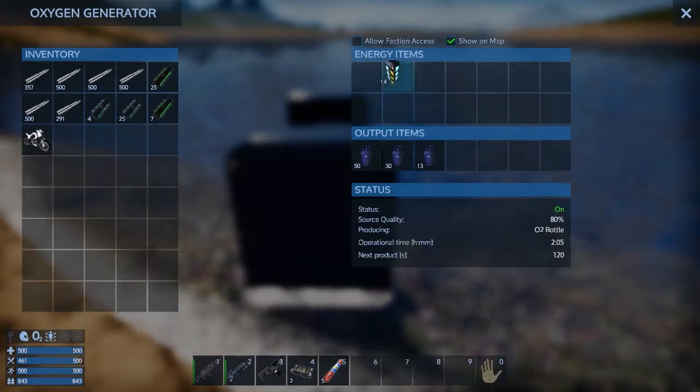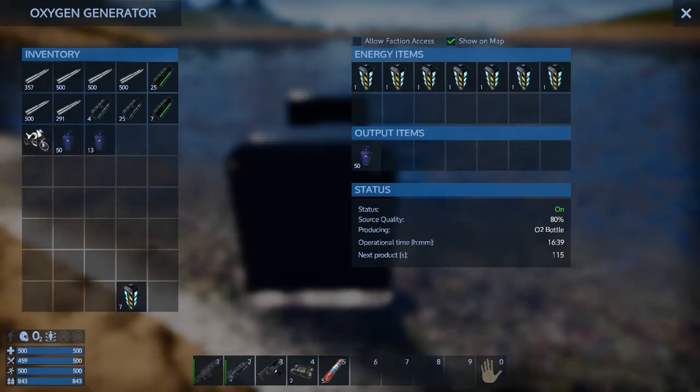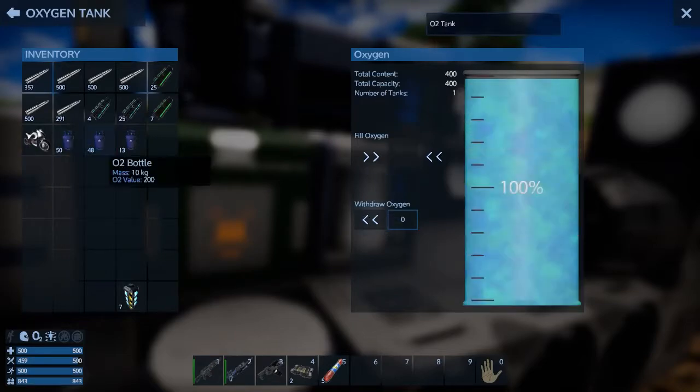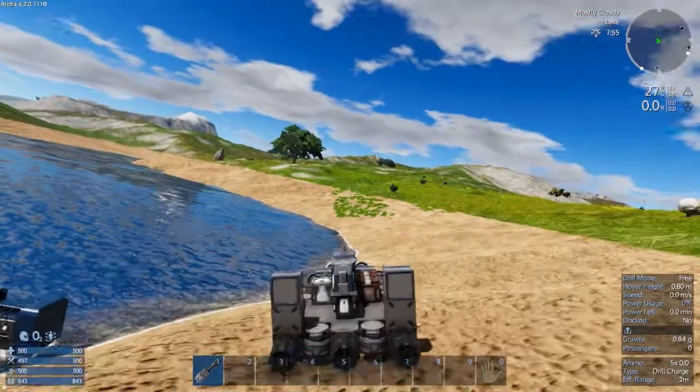Alright, so yeah, this is out of energy. I'm gonna give it some more. That should be plenty. We got plenty of O2 bottles now, for hopefully quite some time. I'm gonna put some into this machine here. Okay, so if we need oxygen for whatever reason...